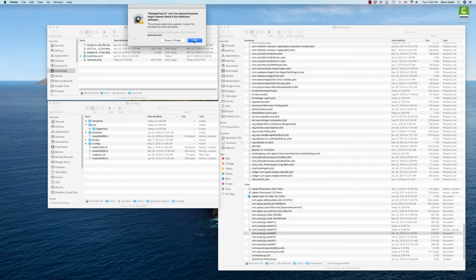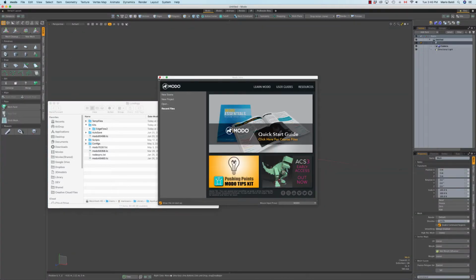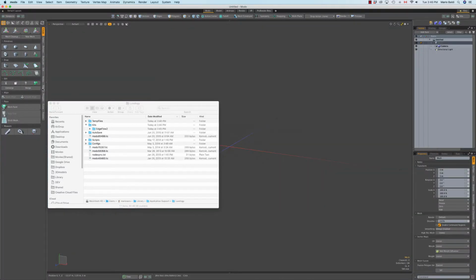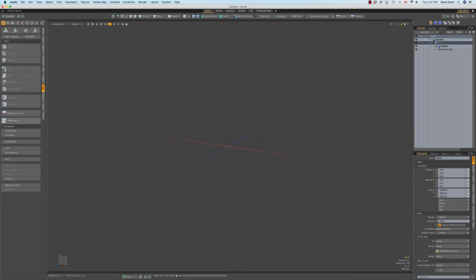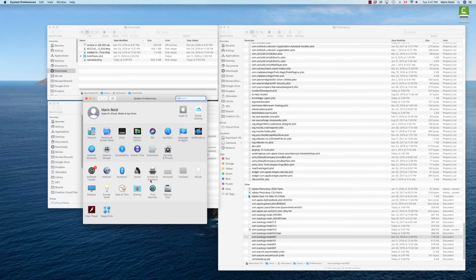So what you have to do is say OK, and then just wait for it to launch Modo again. You will see that if you go on the Edge panel and try to activate Edge Flow, it's not recognized. So just close Modo again, and now go to System Preferences, and then